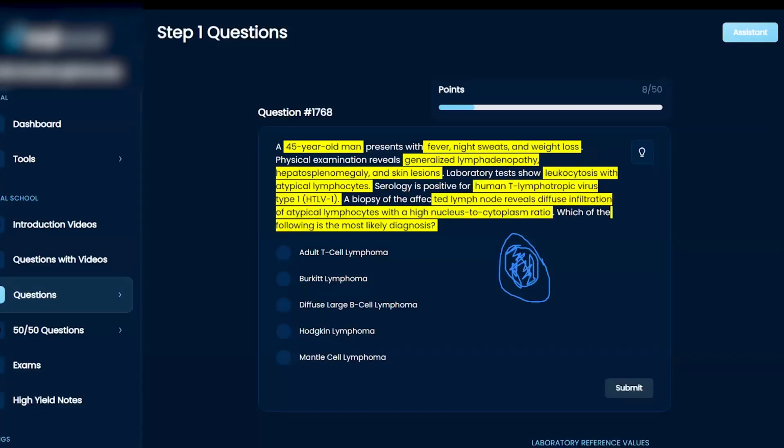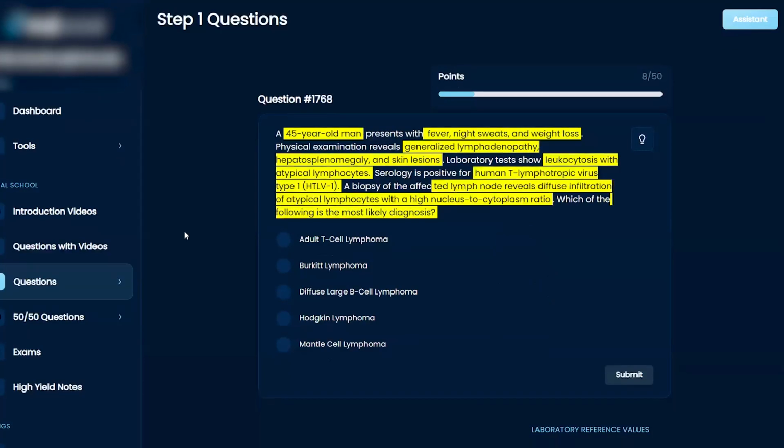So normally what I would do is technically pivot and think of what cancer is associated with EBV. But it says serology tested positive for human T-lymphotropic virus type 1. It didn't say that it was an EBV virus, right? So if you went down that logic, then it's going to lead you to the wrong answer. Does that make sense? Yeah. Your answer that you want to look for is something directly related to this question,